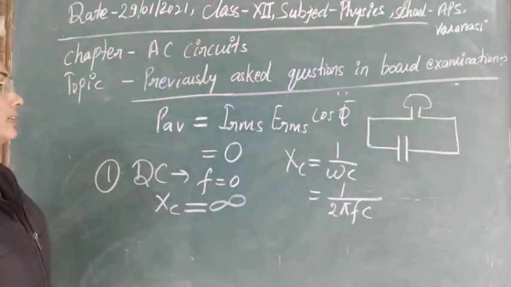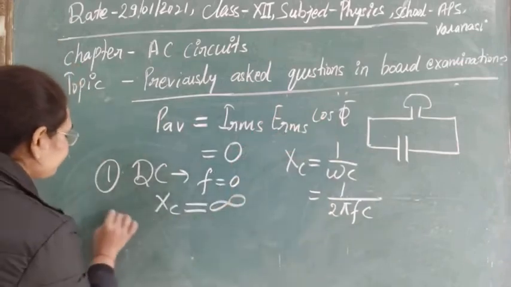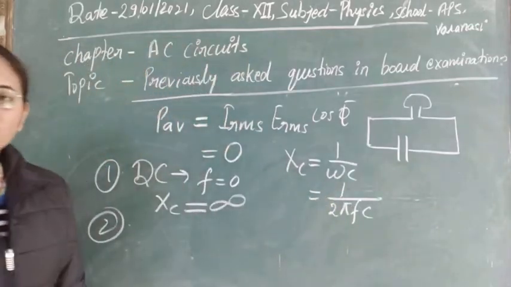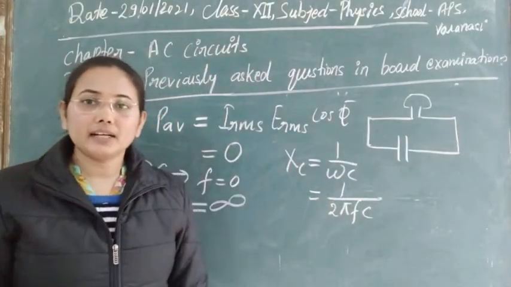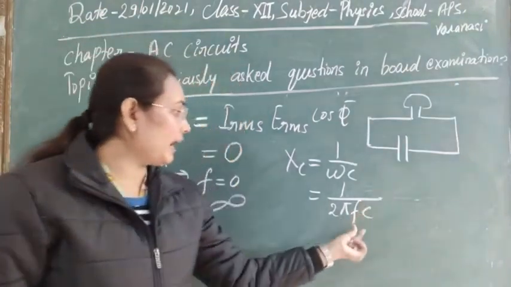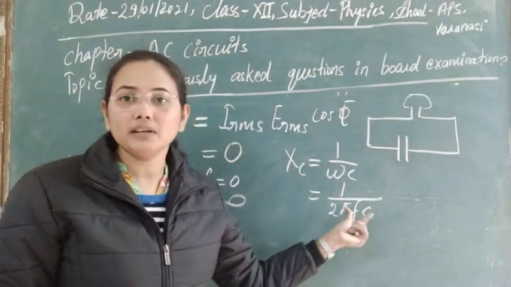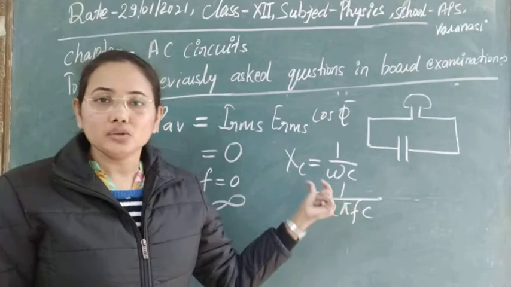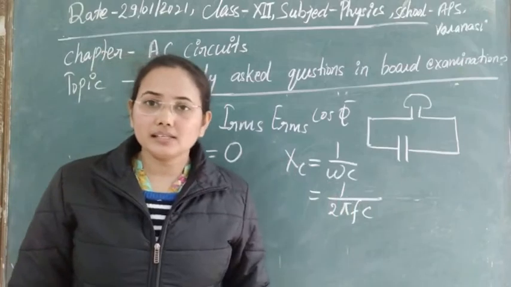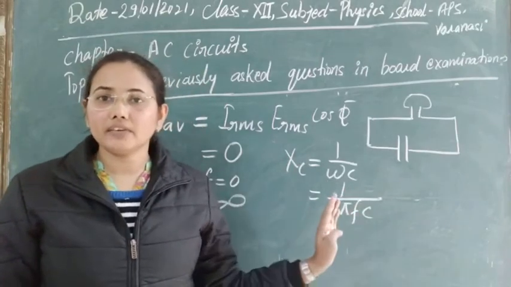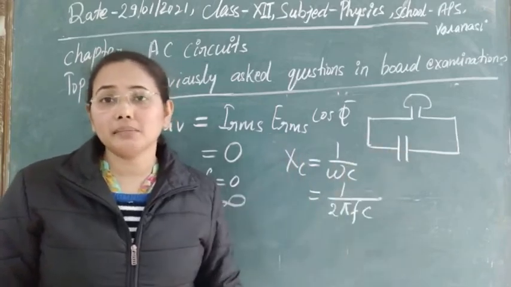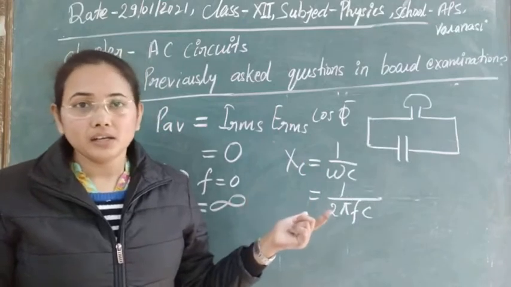Now let's see what the condition will be if we take an AC supply. For AC supply, this is the reactance offered by the circuit, and suppose we take a source frequency that is very high. Then its reactance will be low, as frequency is in the denominator. For an AC signal there is oscillation, so frequency means the number of oscillations, the number of cycles done by the signal in 1 second, which is known as its frequency.